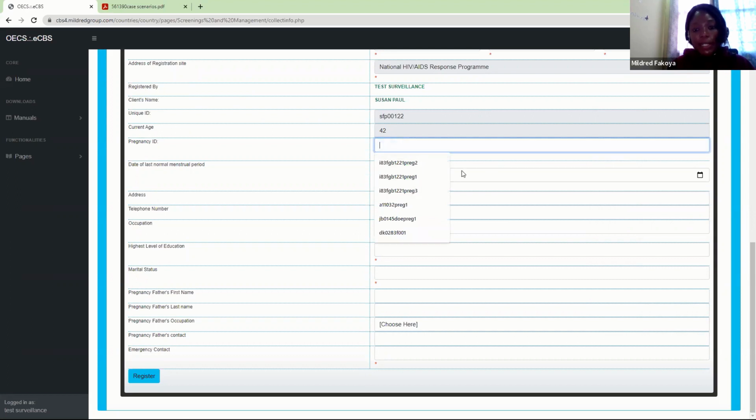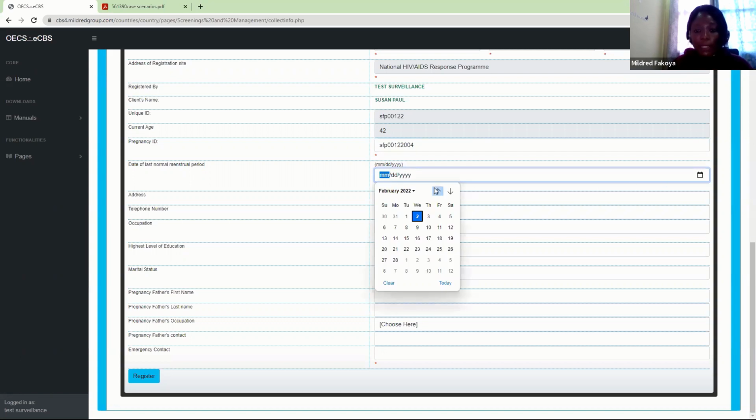So the pregnancy ID of this client is, let's put SFP00122. And we'll add, so the story says this is her 4th pregnancy, so put 004. Although it's the first on the system, you might just want to stick to a convention on how you want to put in the pregnancy ID. The date of her last normal menstrual period, we want her pregnancy to also be in the 3rd trimester. So let's put her last normal menstrual period to, what date will put her in the 3rd trimester? Let's say 2nd of July,